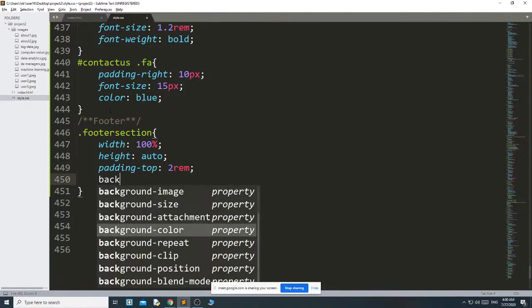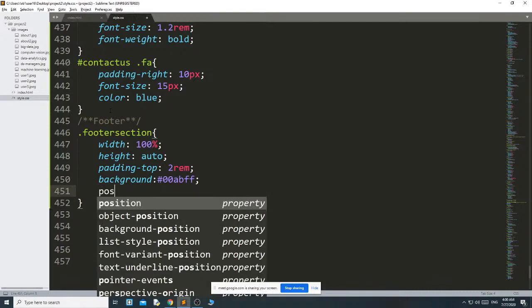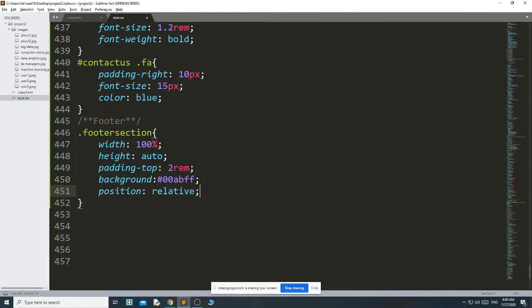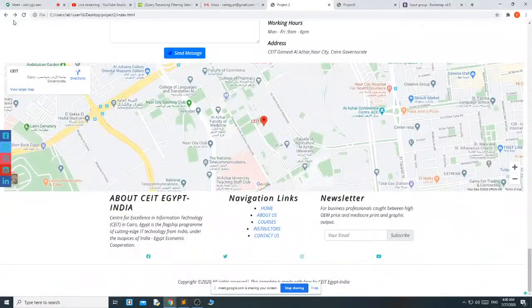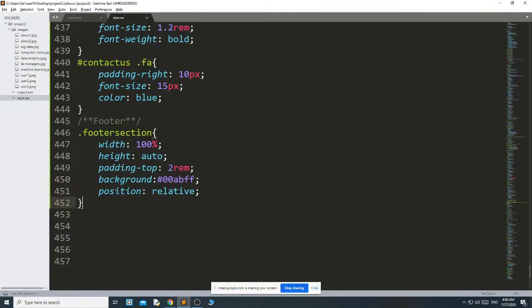You can see that I have used one background color, that's why background has 00ABFF. Then position relative. See here. Okay, it applies the background color.